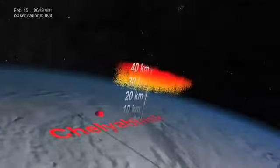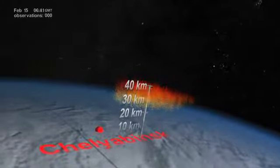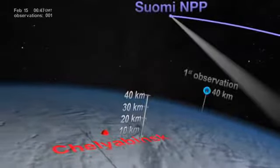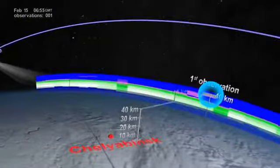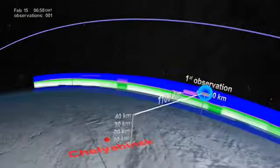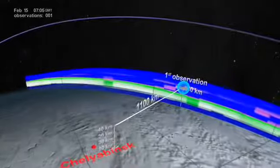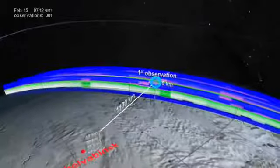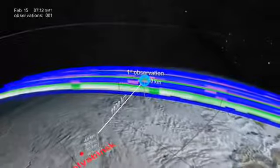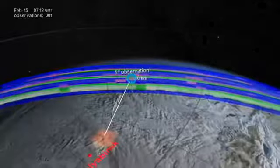Hundreds of tons of debris released and quickly moved up into the atmosphere. The highly sensitive OMPS instrument on board the Suomi NPP satellite made its first observation of the plume nearly 3.5 hours later, an entire 1,100 kilometers east of the explosion and already at 40 kilometers altitude, well into the Earth's stratosphere. A surprising observation, since the stratosphere usually acts as a bumper that caps aerosols trying to rise up from